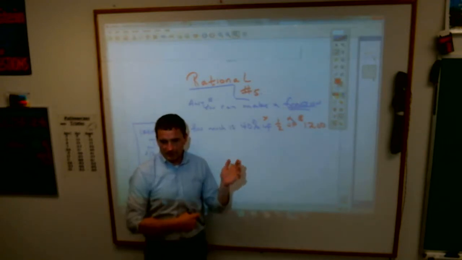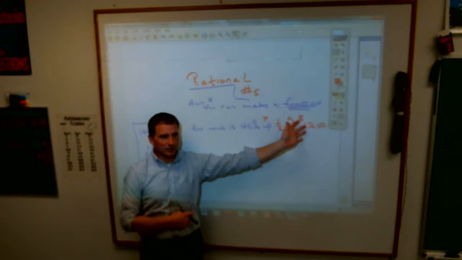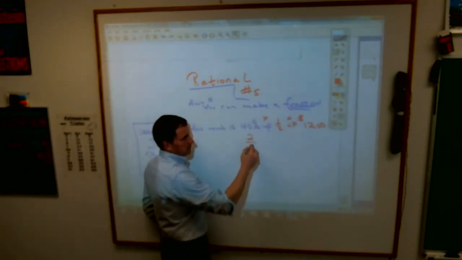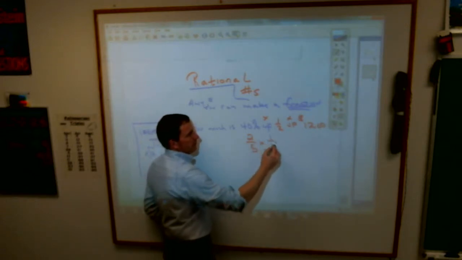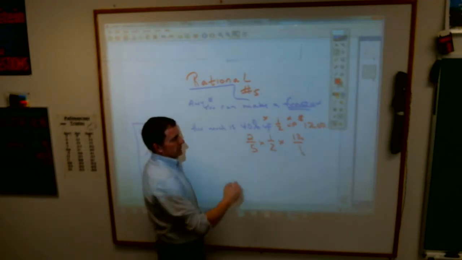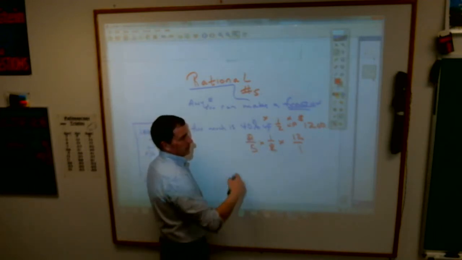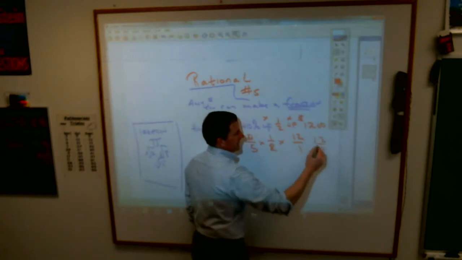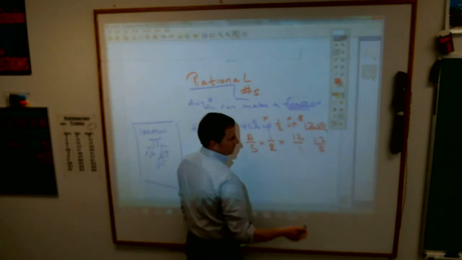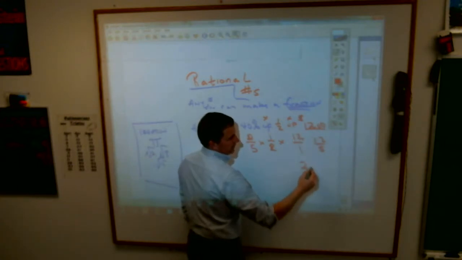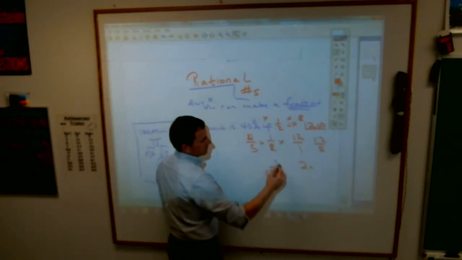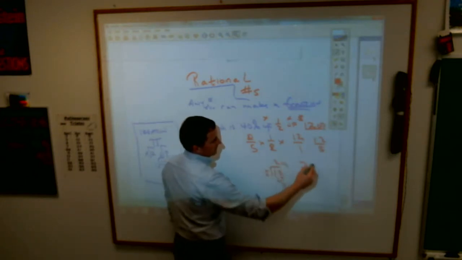You might not think so, but in this case I would make them fractions. Why? Well, 40% is 4 over 10, which is 2/5, times 1/2, times 12 over 1. Tell me how much easier this gets. The 2's cross off. You're left with 12 over 5. They are asking for money though, because it's half of $12. How many times is 5 going into 12? 2 point. I have to do it for you. 5 goes into 12, 10. $2.40.